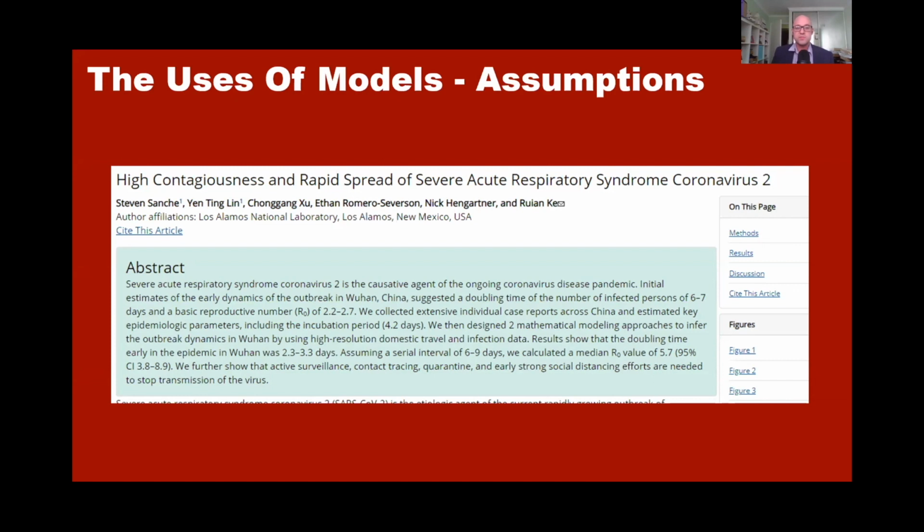So every model is based on its assumptions. For these ones, two important assumptions for the modeling the CDC did of the basic reproductive rate are the incubation period and the serial interval, which is how long disease takes to manifest symptoms, and how long it takes for the one person who's infected to pass the disease on to another person. And I'm not saying that either of those numbers are incorrect, but it illustrates how challenging it can be to produce a model that is informative, because the assumptions are everything. And if you change those numbers a small bit, suddenly your reproductive rate might be completely different